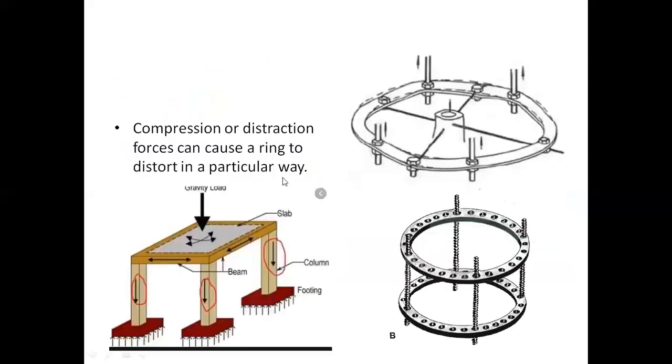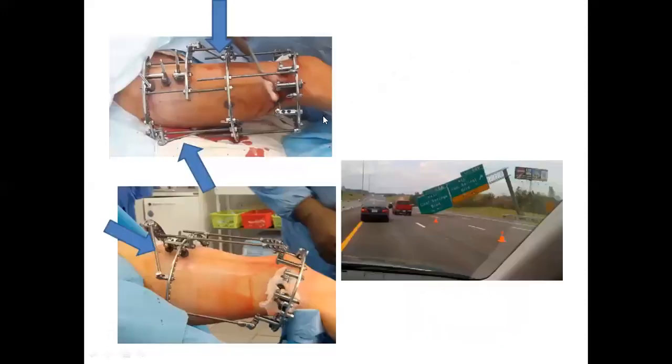And another thing is that you think of the wires as the beam of a house and the connecting rods as the plate. If you place the connecting rods in a very improper position and the wires are very far apart from the connecting rod, then the connecting rod can buckle or bend the ring also. So for equal load distribution, you have to put the connecting rod as close as possible to the wire fixation. It is one of the biomechanical principles that you have to follow during ring mounting.